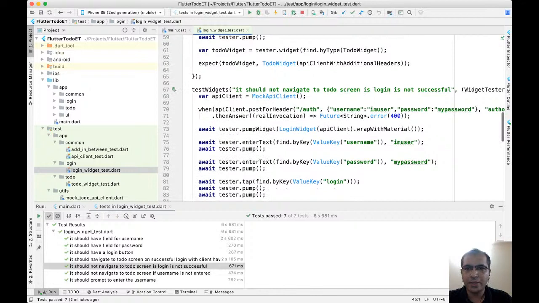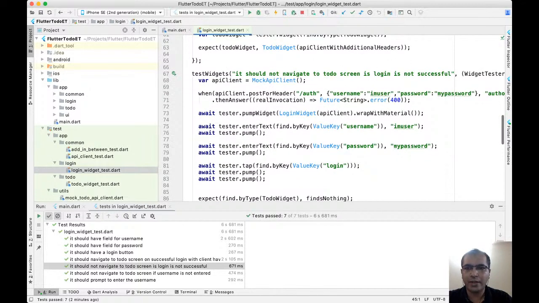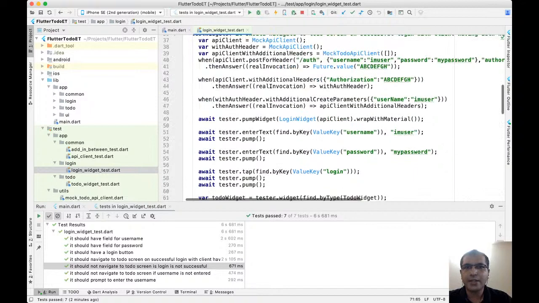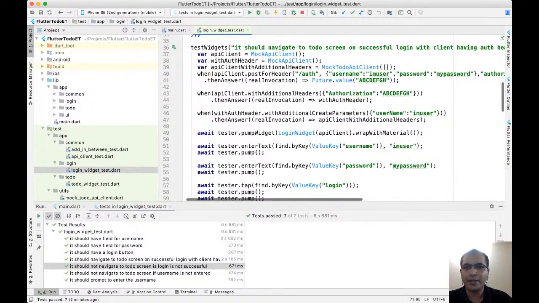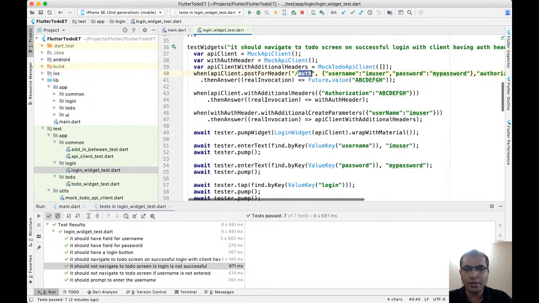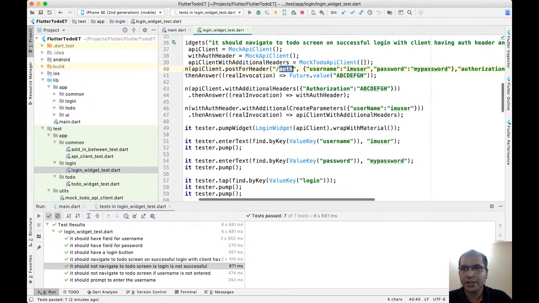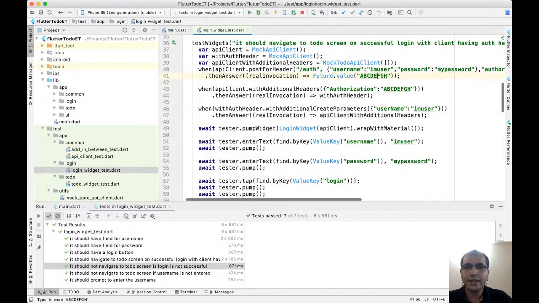It's pretty simple. I'm trying to simulate an error during an API call for the auth request, and if it returns an error, the screen should not change. The other test is pretty simple. I'm trying to simulate a success. So the way it works is I'm having an auth request, which if it works, will give me a JWT token in the authorization header, which I'm trying to use for all the subsequent requests, which I have simulated in this case.